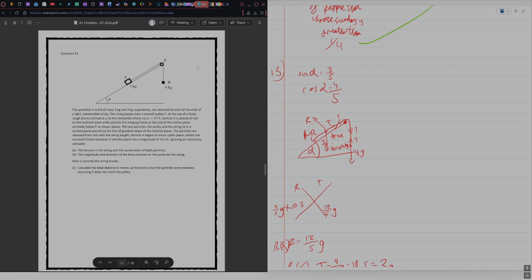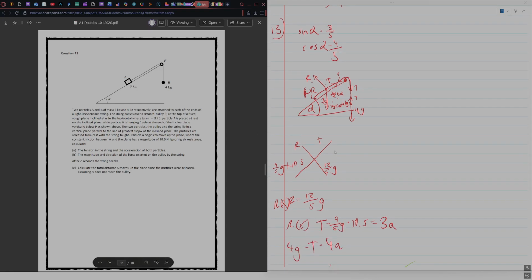But all you really have to do here is your connected particle stuff, with the tensions and the masses, etc. I should have drawn the A here as well and the A here, but I was just lazy. Then you do the tensions for the inclined plane, resolve all your forces for the inclined plane, put your mu on, your R down, and then you can put everything on your cross diagram, or however you want to do it. You just resolve parallel and perpendicular to the plane,